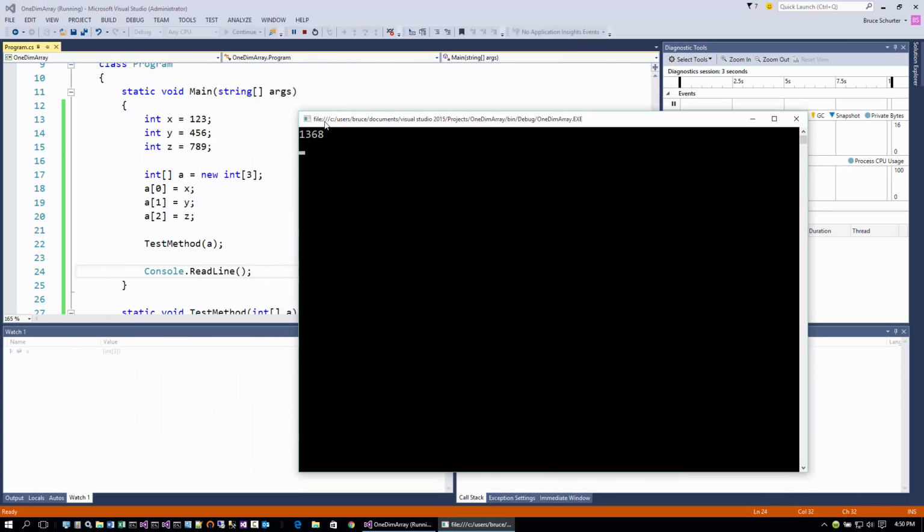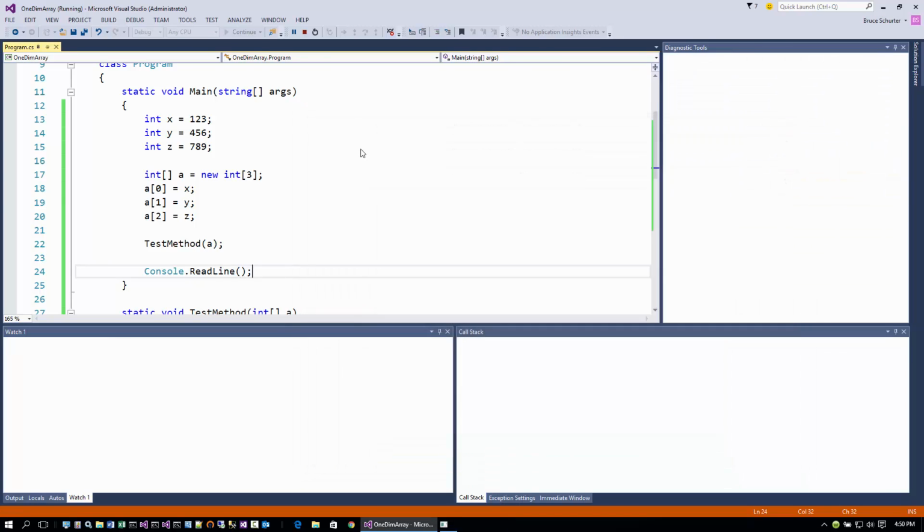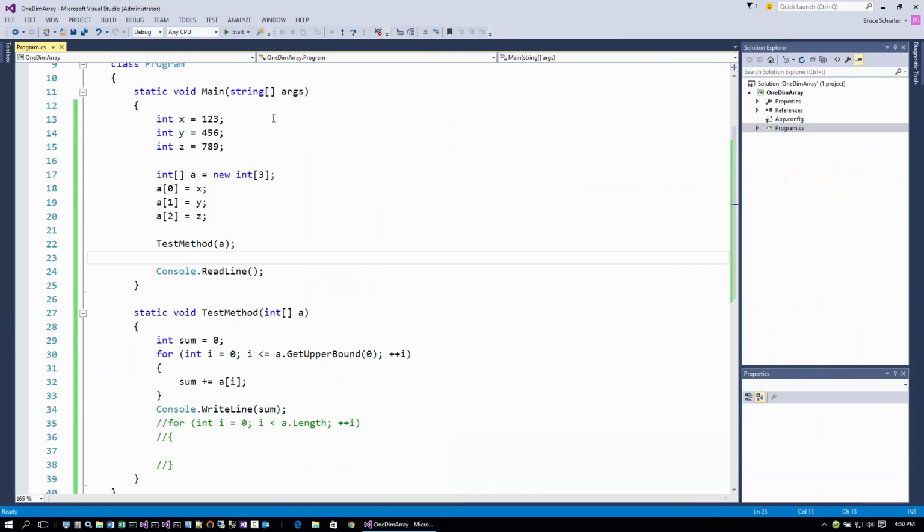And here's the value, 1,368. Another nice thing about the way this method is implemented is that because we are not specifying how big the array is,